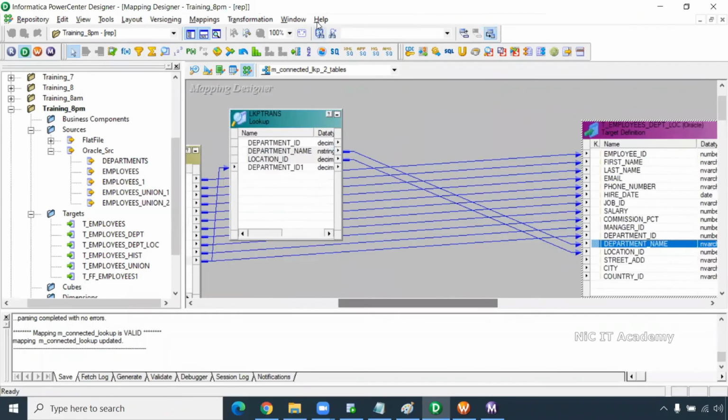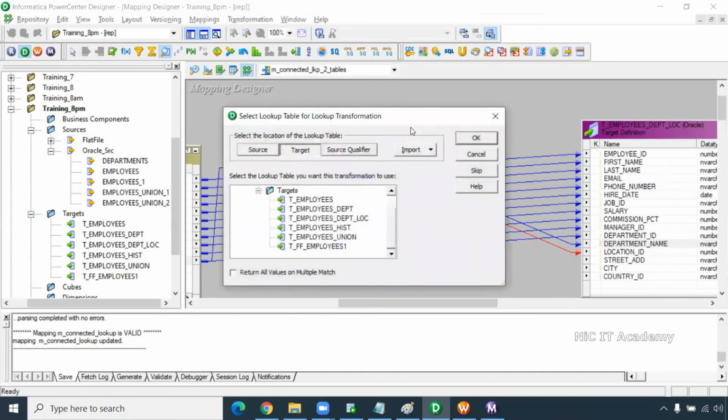Then I need street address, city and country. So from where I can take these 3 columns? I have to look up on the locations table, right? So how can I do the lookup on the locations table? You have to go with location ID. So here I have the location ID. By passing this location ID to the next transformation, I can get it. Say for an example, click on one more lookup table, click here.